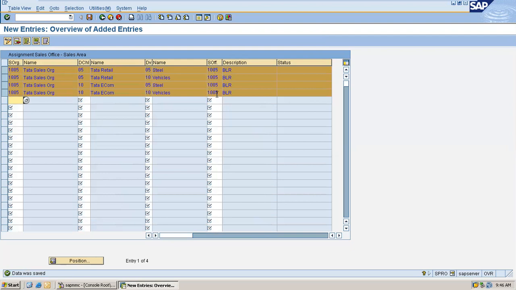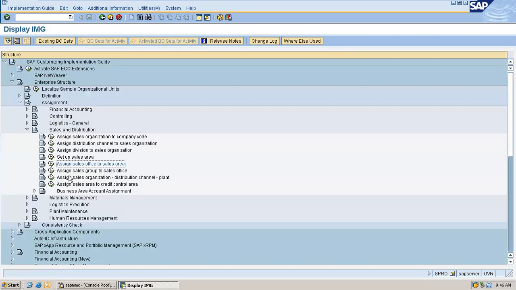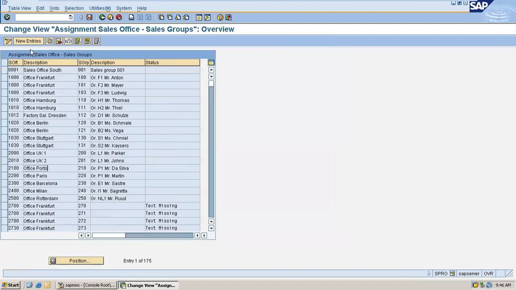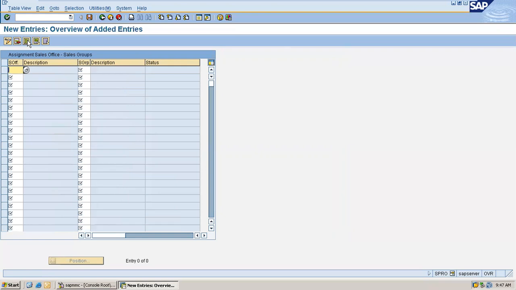If you have one more sales office, then you can do a copy paste job, then change the sales office name, number here. Okay. So coming back, the next assignment is sales group to sales office. Your sales group mainly works in a sales office, right? So you assign sales group to sales office.